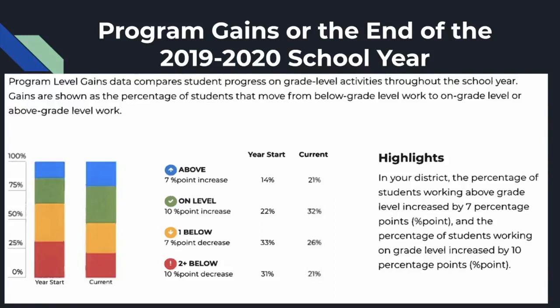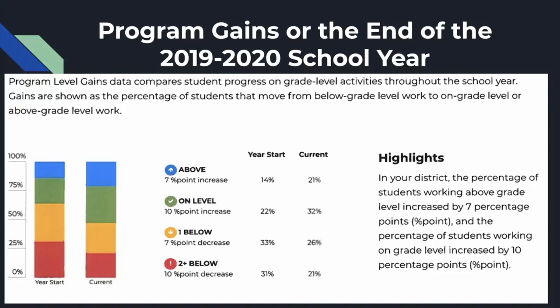When we look at the students in the yellow that was working 1 grade level below, that was a 7% decrease. So we went from 33% to 26%. And then when we look at the percentage of students working on level, we had a 10% increase. So we went from 22 to 32%. And then when we look at the students working above grade level, that was a 7-point increase. Again, that was at the end of